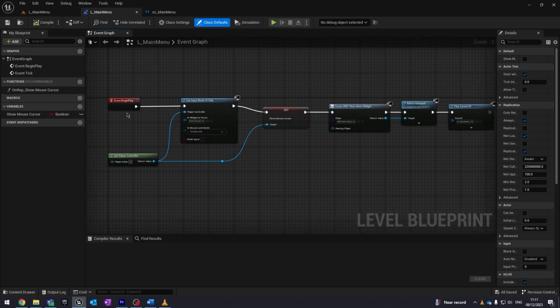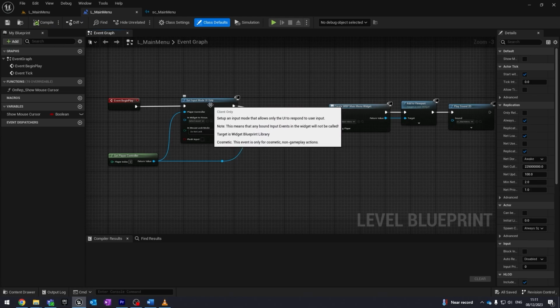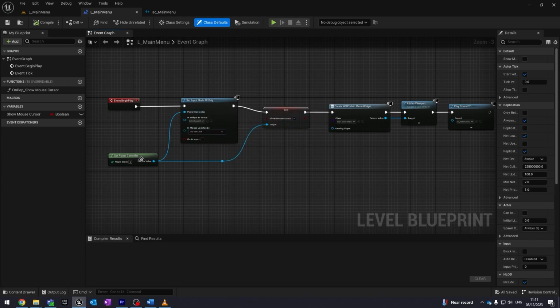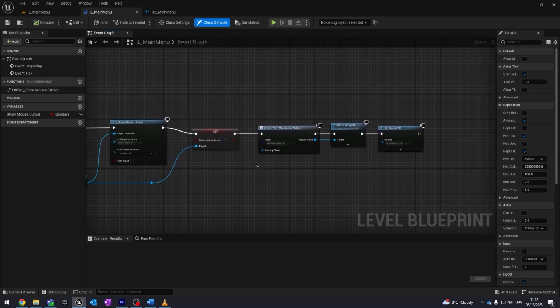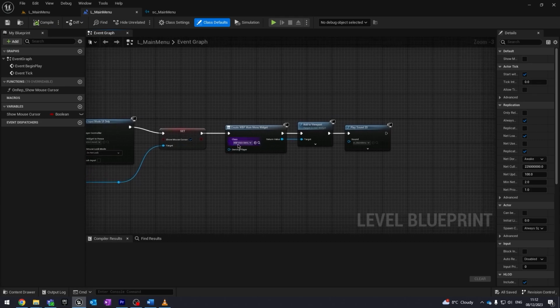First, we use the event begin play node to connect up to the next node, which is a set input mode UI only, which is connected to the player controller. After, it goes into a show mouse cursor, which is set as true while also being connected to the get player controller. It then moves on to create the main menu widget, which is a create widget node set with